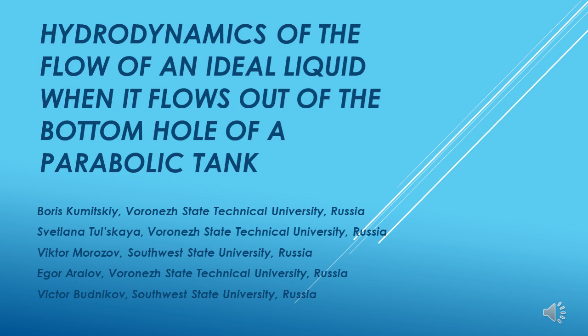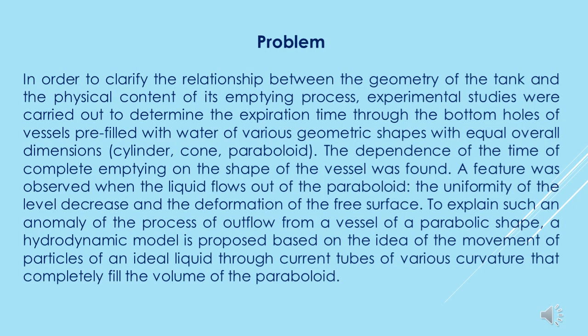Hello, we present to your attention a presentation on the topic, hydrodynamics of the flow of an ideal liquid when it flows out of the bottom hole of a parabolic tank. In order to clarify the relationship between the geometry of the tank and the physical content of its emptying process,